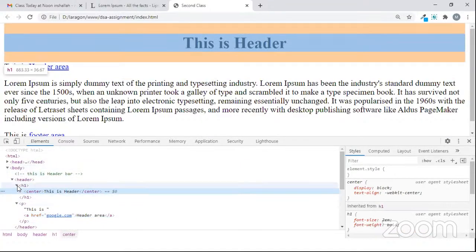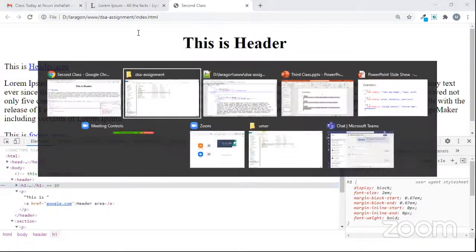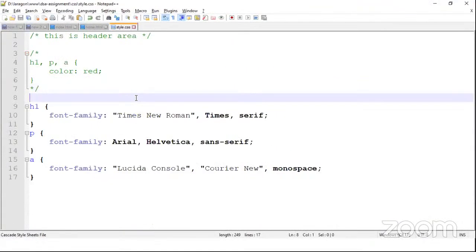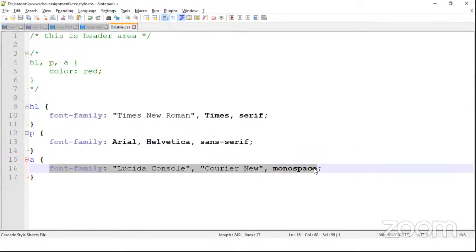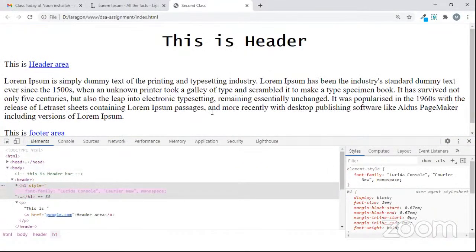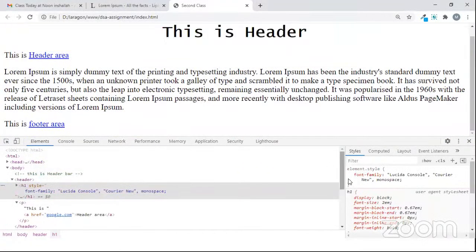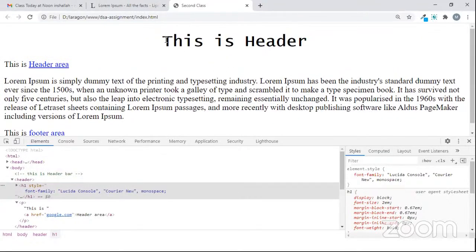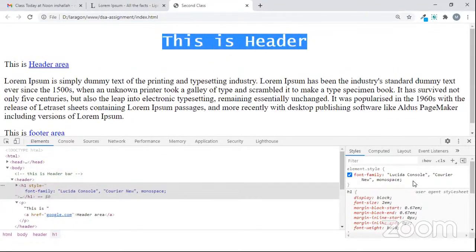Okay, we will just see why the style is not showing. So if I use this, you can see the header style is changed to the Lucida Console font family,